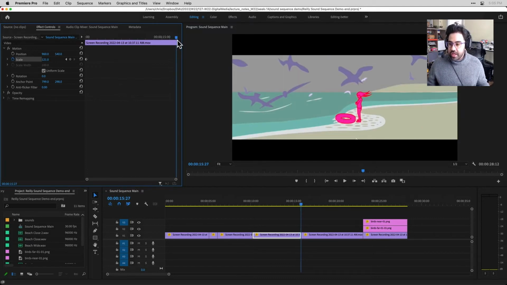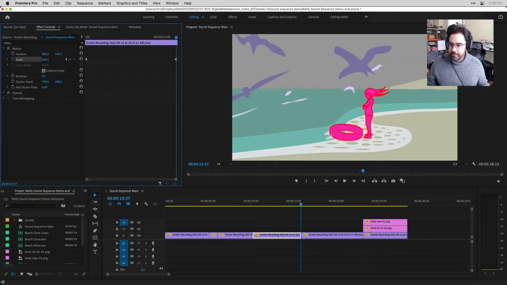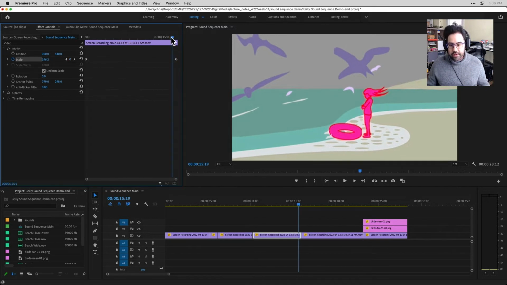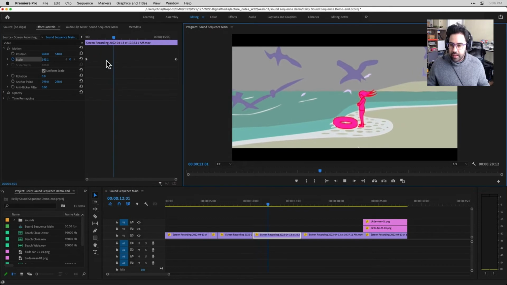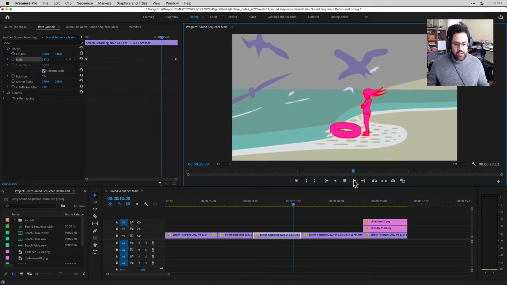Now all I need to do is change the value of that property that we're animating. I can do that just by single clicking and typing in. Let's say we want this to go up to 200%. Now you can see once I change that property, Premiere Pro automatically creates a second keyframe. And remember, we always need at least two keyframes to animate something. We need a starting value and an ending value. And in between, Premiere is going to interpolate all of the intermediate values. So you can see if I scrub this back and forth, now our clip is scaling up, starting at 120%. And as we hit play, we're moving on up linearly until we get to 200%.